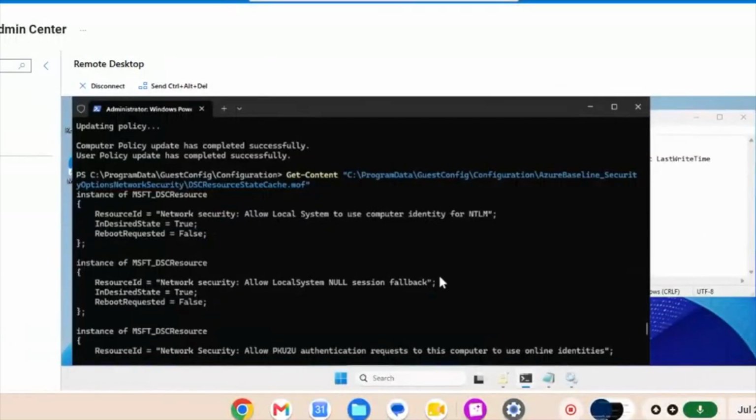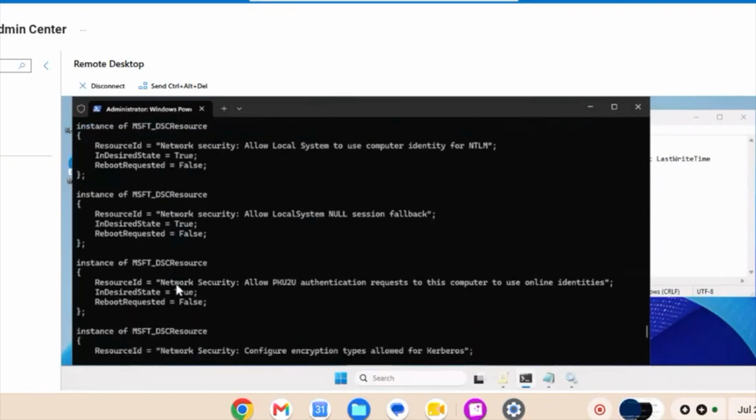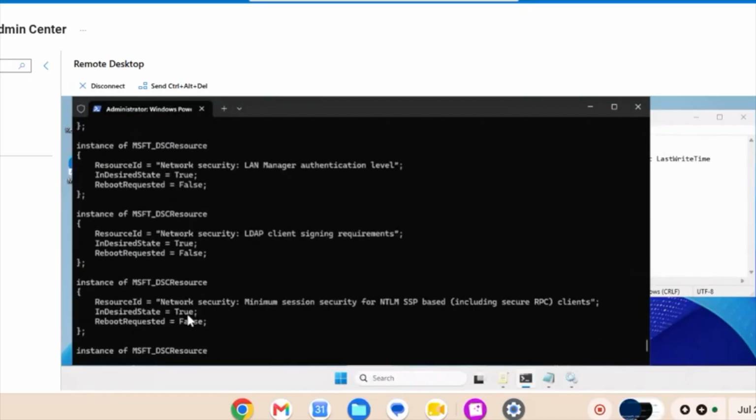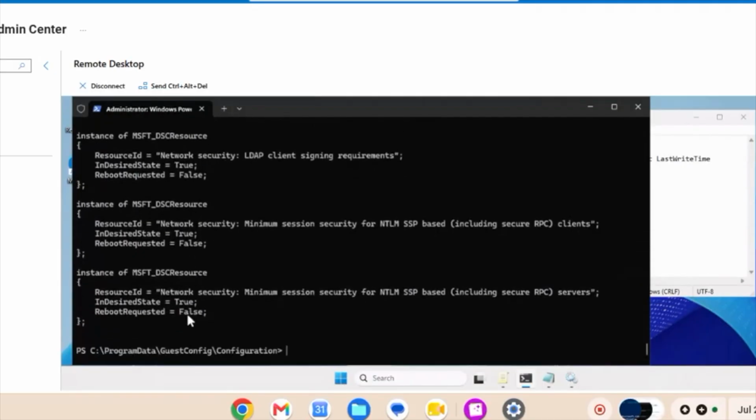So what I have narrowed this down to is, I just ran this, and let's see, true. If it's in desired state, true. Everything is true. Alright, so